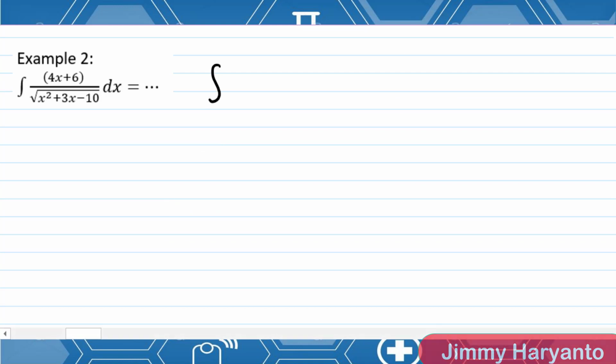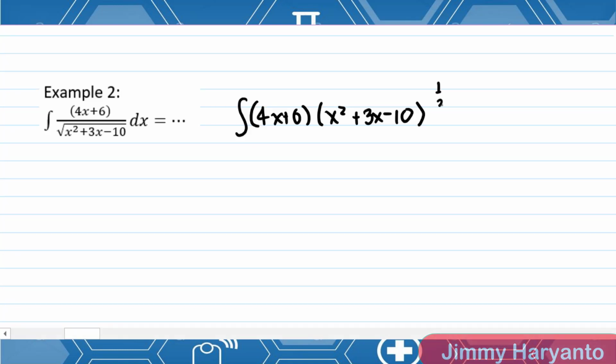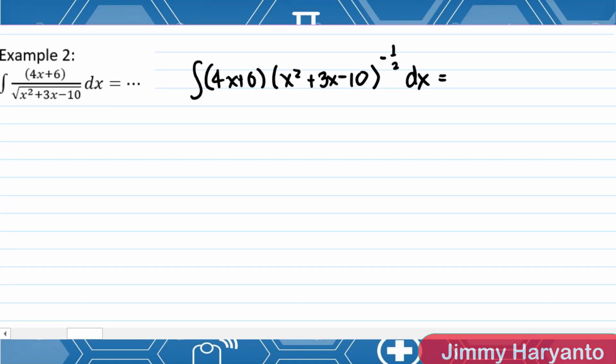For example 2, we will integrate 4x plus 6 over (x squared plus 3x minus 10) to the power of half at the bottom. We want to move the function to the top side. The half becomes negative half, and then dx. After this, I know that this cannot be solved by using normal integration,